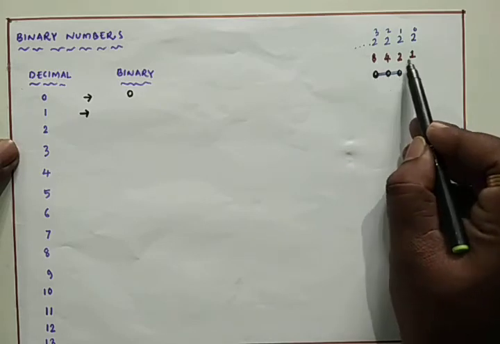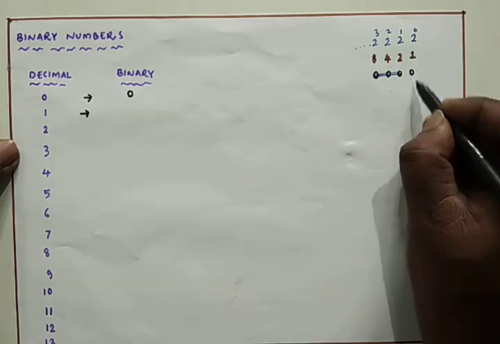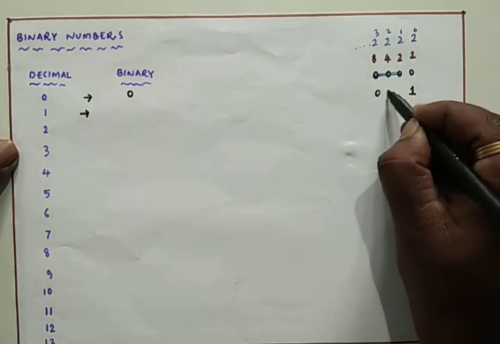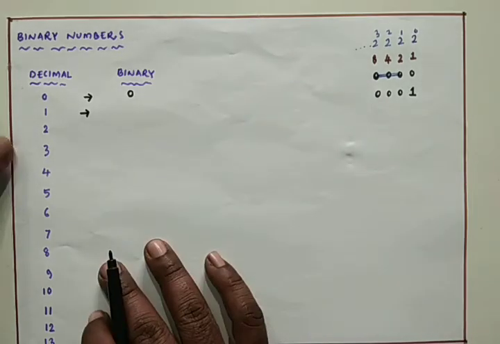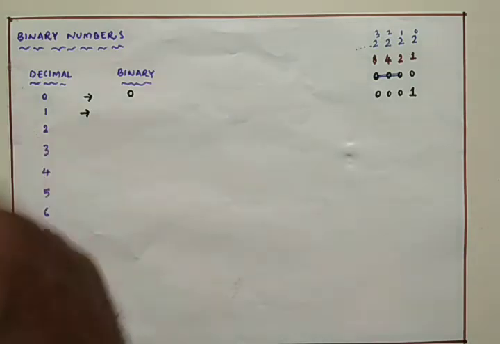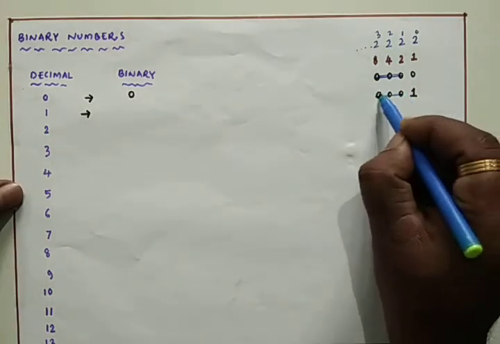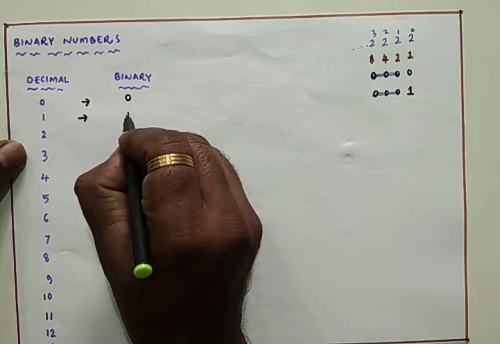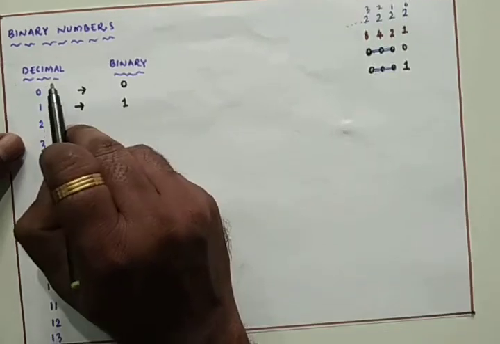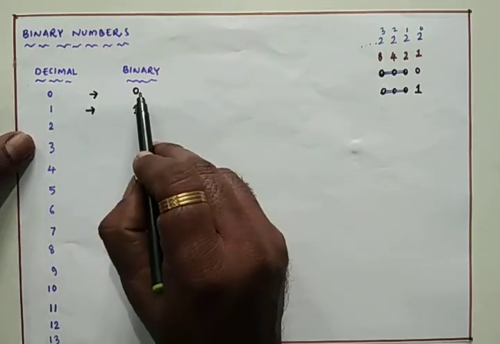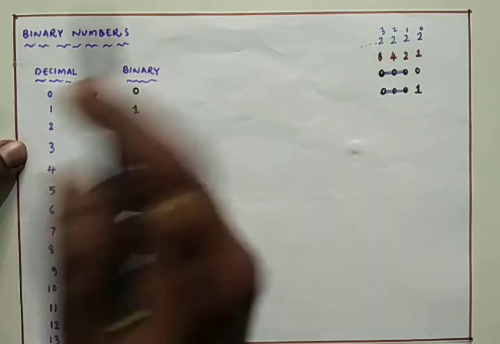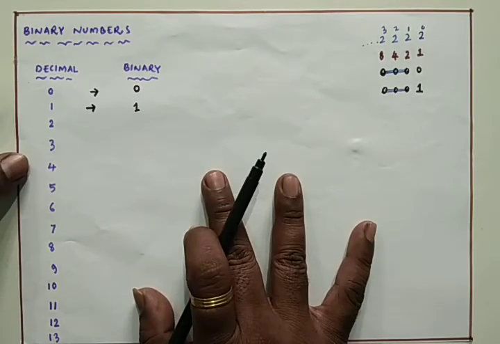Verify where any 1 is there. So that here 1 is there. So that I don't require all these, so that it will be 0 0 0 0 1. So I can simply avoid these 3 zeros, because I don't need that one, and directly I can write this 1. That means if you are having the decimal number 0, it can be represented in the binary form also 0. If you are having the decimal number 1, it can be represented in the binary form also 1.